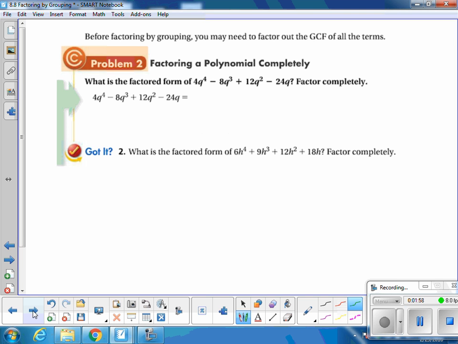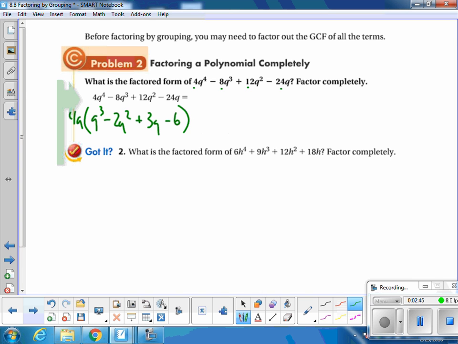Okay, I'm going to first again look at the whole thing and see, is there anything I can factor out of all of this? And it looks like there is. I can factor out a 4q out of everything. So let me line that up. So I can take a 4q, yep, there's a q in everything, and I can factor that all the way out. So I am left with a q to the third minus 2q to the second plus 3q